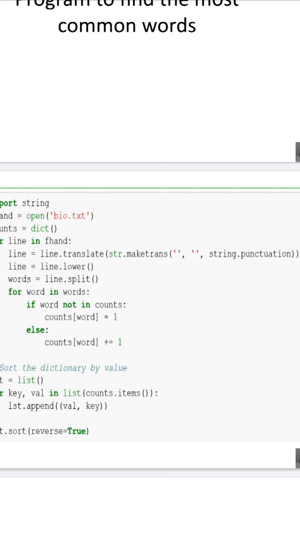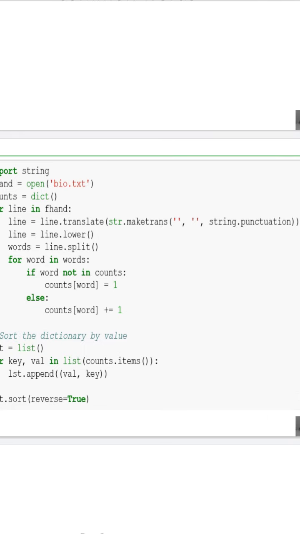As I have stated, if any character is uppercase, first we need to convert it into lowercase. I am doing that by calling the built-in function lower on the string line. Hence line.lower converts all the characters to lowercase and stores the result back into the line variable.